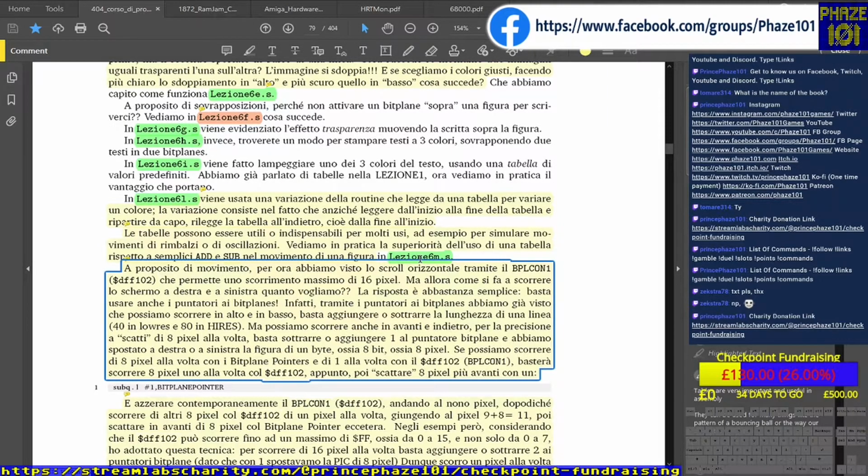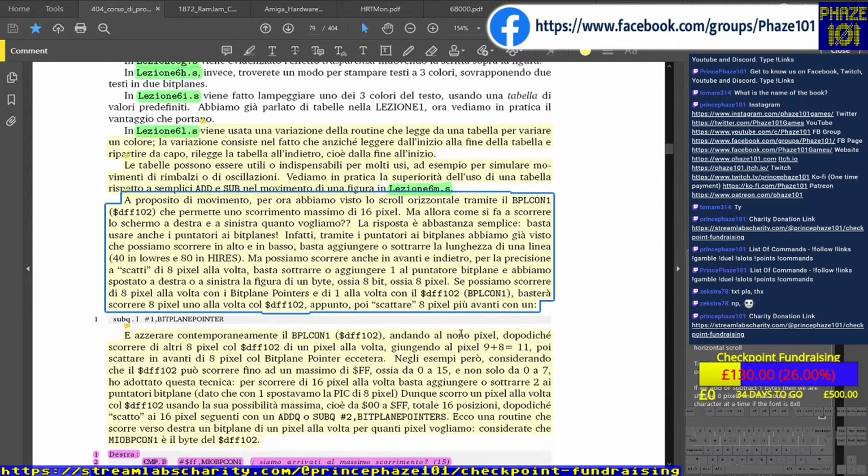Okay, so we did M, and I'm going to explain what he's going to say here. So now we're going to do scrolling, and scrolling the proper way, not as we did it in chapter 5. We were just shifting, and he is going to explain